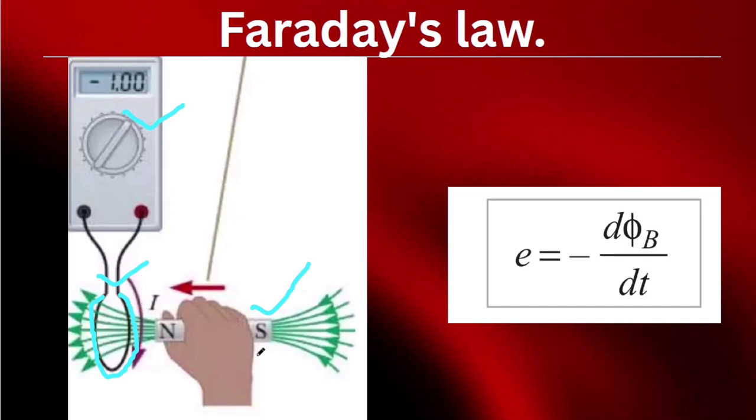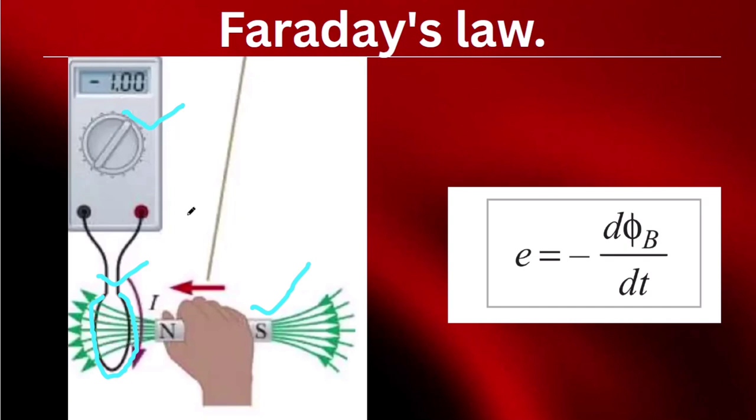How? Because when the bar magnet approaches the closed circuit, the magnetic flux changes, right? This magnetic flux induces an EMF in this circuit, and this induced EMF makes induced current, and it is measured